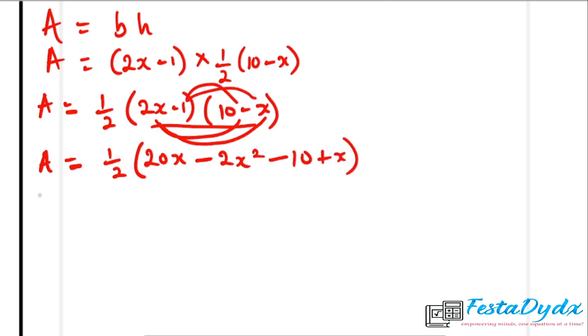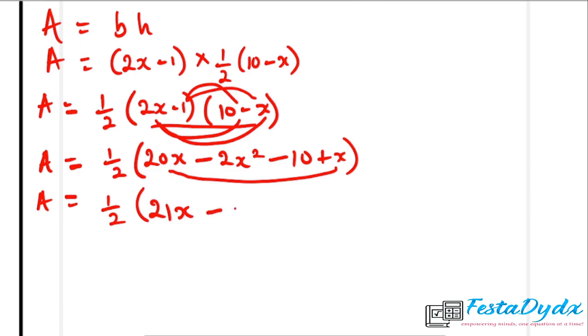Okay, so we'll have A equal to 1 over 2 in a bracket. If we collect like terms, 20x plus x is 21x, minus 2x squared minus 10. Okay, so at this point, I want us to remember that A is greater than